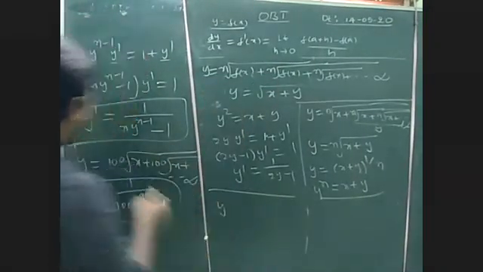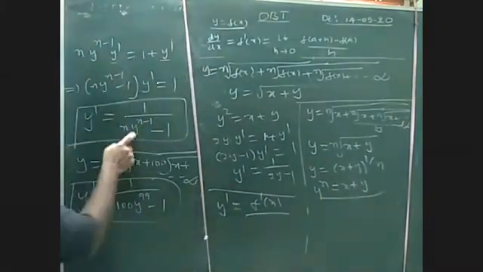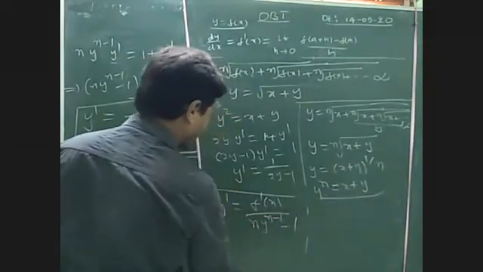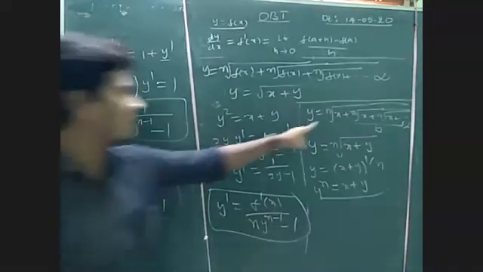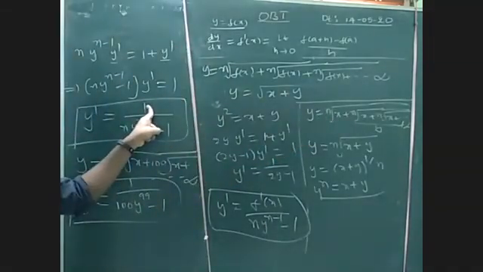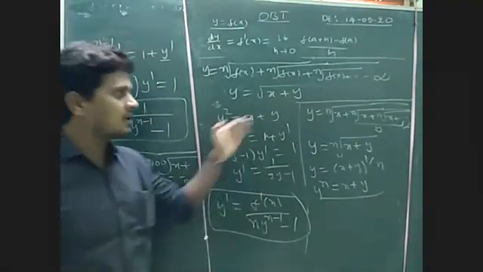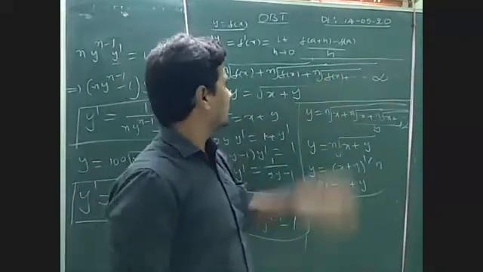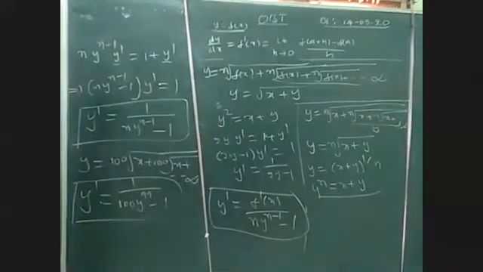In that case, the dy by dx becomes, as it is, we can simplify. Finally, we will get y dash is equal to f dash of x, with the denominator as it is: n y power (n minus 1) minus 1. Just the derivative of x is clearly 1, so the derivative of f of x is clearly f dash of x. Like that you have to remember. So this value can be replaced as y, and as it is, we can simplify and we'll get the answer.